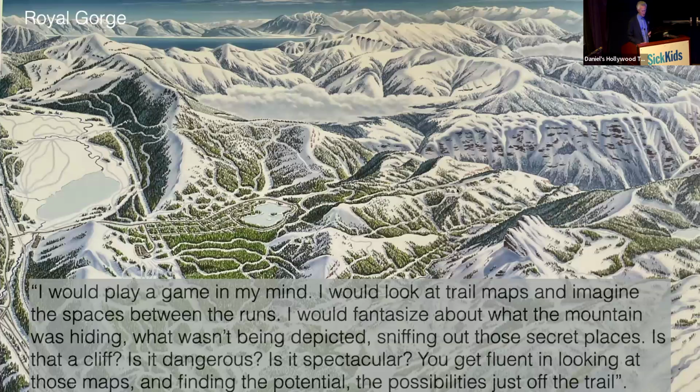And if you were really pushing it, you could get all the way out here and look down into the gorge where you could see the mouth of the American River on its way to Sacramento. And this quote is another great one. It says, "I would play a game in my mind. I would look at the trail maps and imagine the spaces between the runs. I would fantasize about what the mountain was hiding, what wasn't being depicted, sniffing out those special places. Is that a cliff? Is it dangerous? Is it spectacular?" You get fluent in looking at those maps and finding the potential, the possibilities just off the